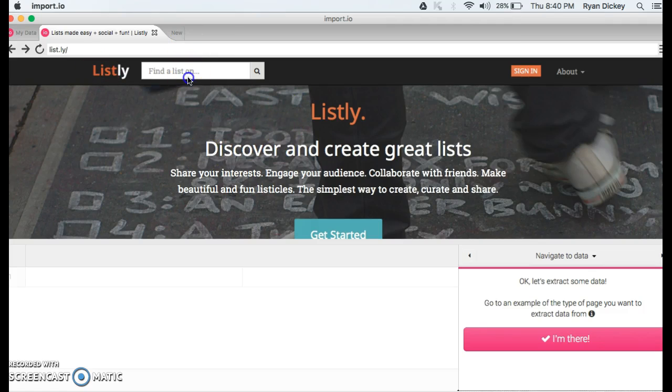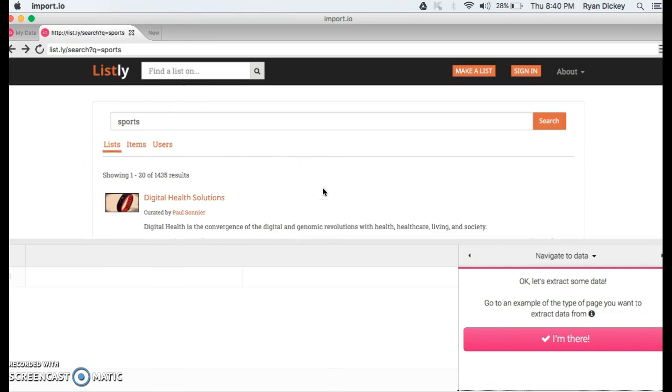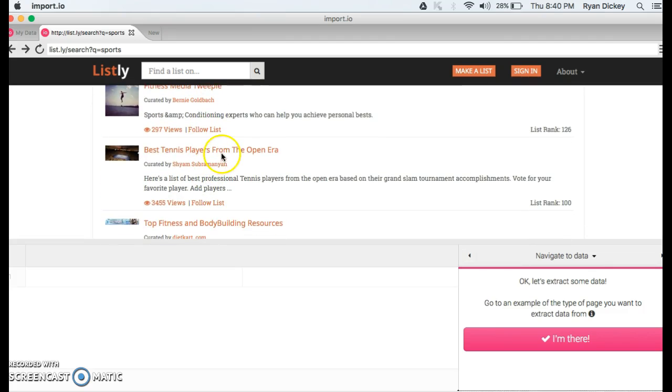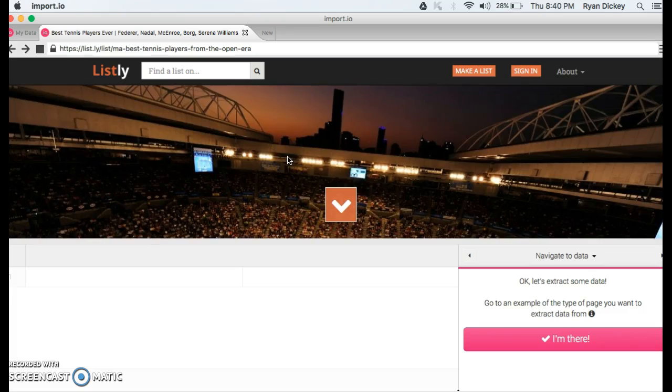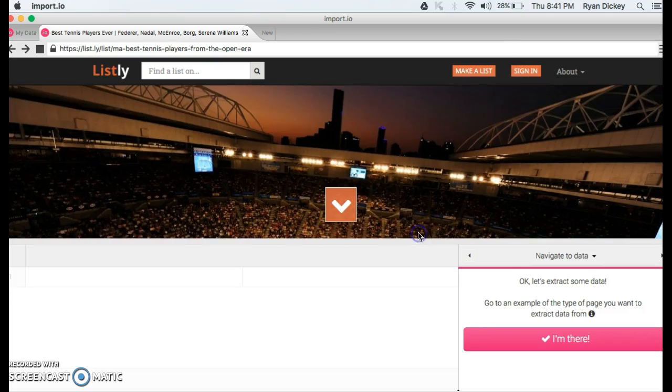And once you are there, go and find a list that you would like to use. So for this, I'll look for sports list. And once that comes up, you can just scroll down and find one that you want to use. So for this, we'll use best tennis players from the Open Era. Once that shows up, and you see that it is the page with your data, which you can see here,